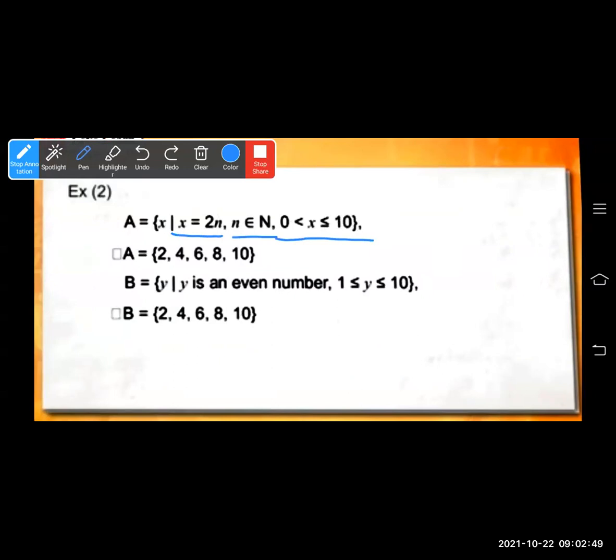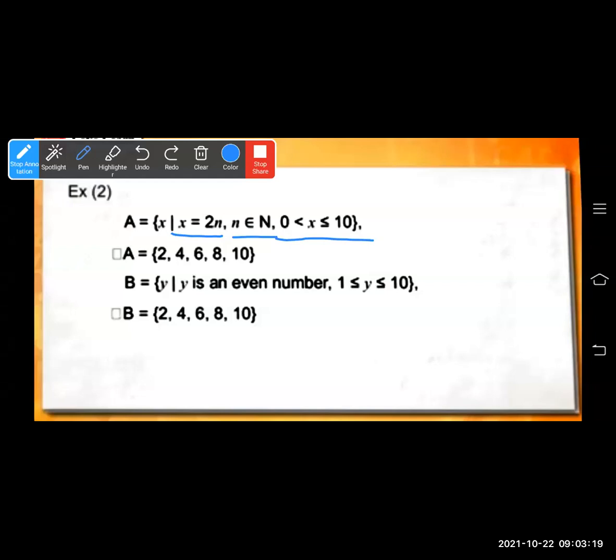That means you have to take 2n as a formula, x is equal to 2n, and substitute the values and cross check the values of x. When you put n equal to 1, 2 times 1 is 2, 2 times 2 is 4, 2 times 3 is 6, 2 times 4 is 8, 2 times 5 is 10. Only till 10 you have to use this formula.